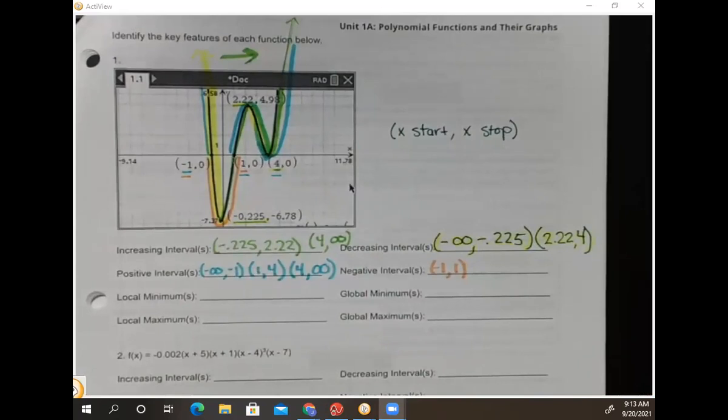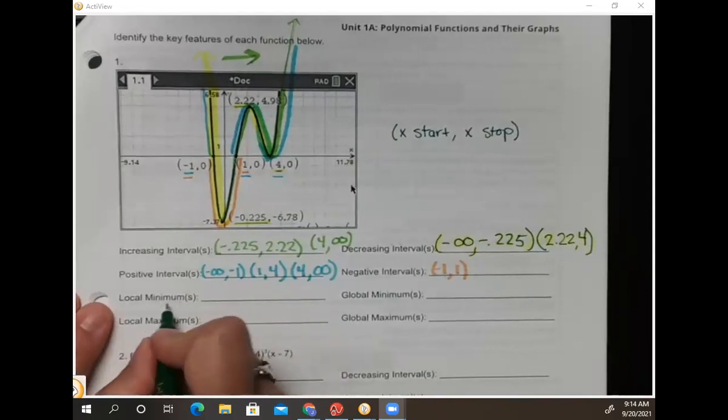I guess for what you can see here, it's just not on the whole scale. Yeah, so the difference is for a global minimum or maximum. If it's a global maximum, it's the highest point on the entire graph. There is no point higher anywhere on the graph. A global minimum would be the lowest point on the entire graph. There's no point anywhere else on the graph that's lower. For local, it's a minimum or a maximum. It's a high point or a low point for the area, but it's not the lowest or highest point on the entire graph. So as I look at my graph here,